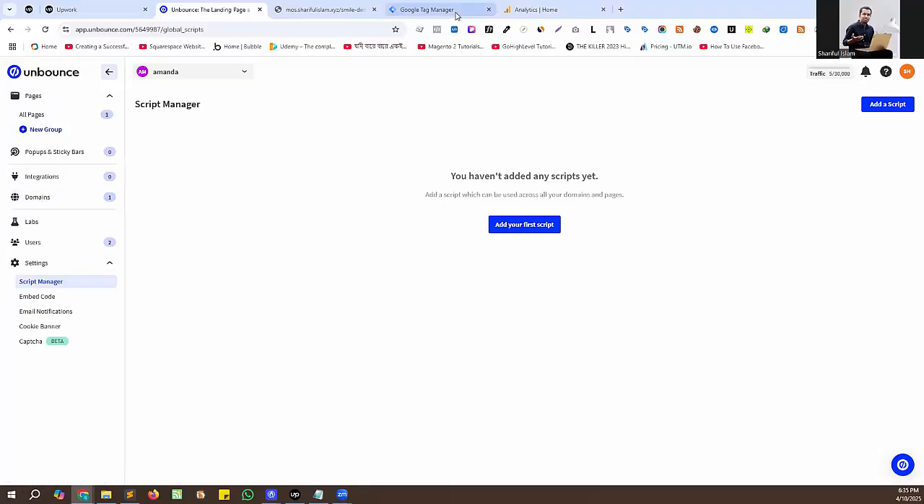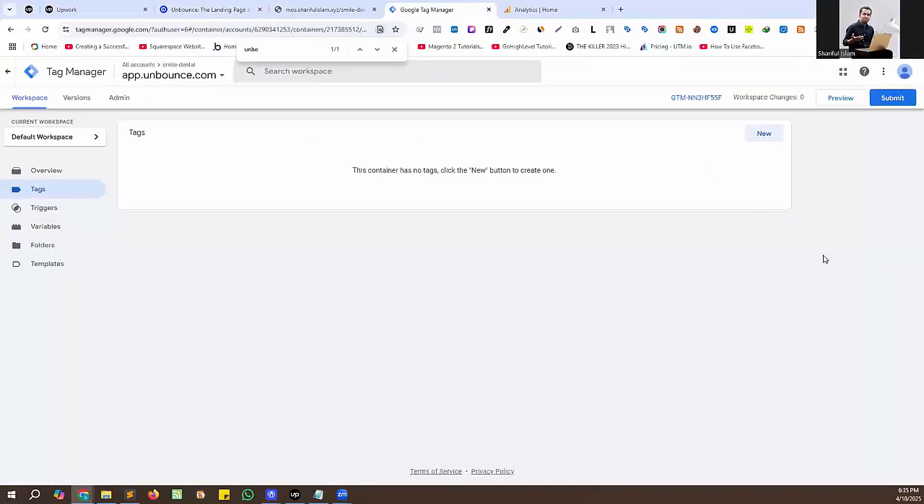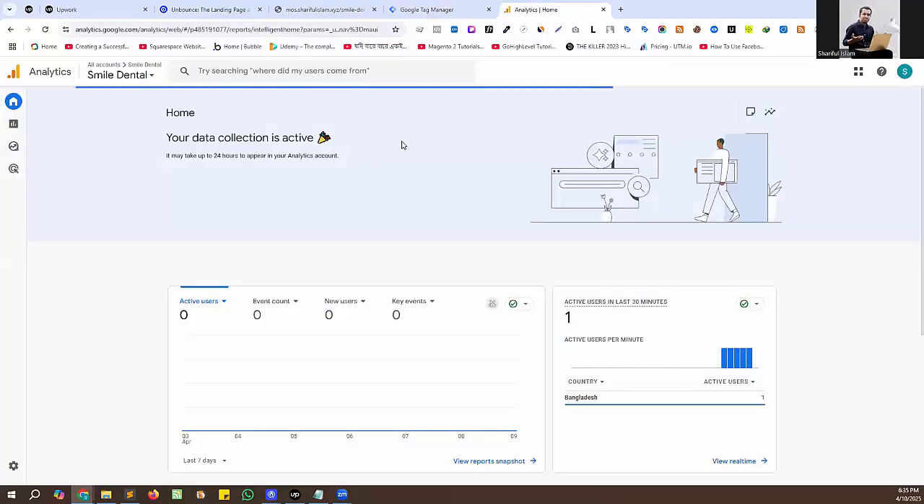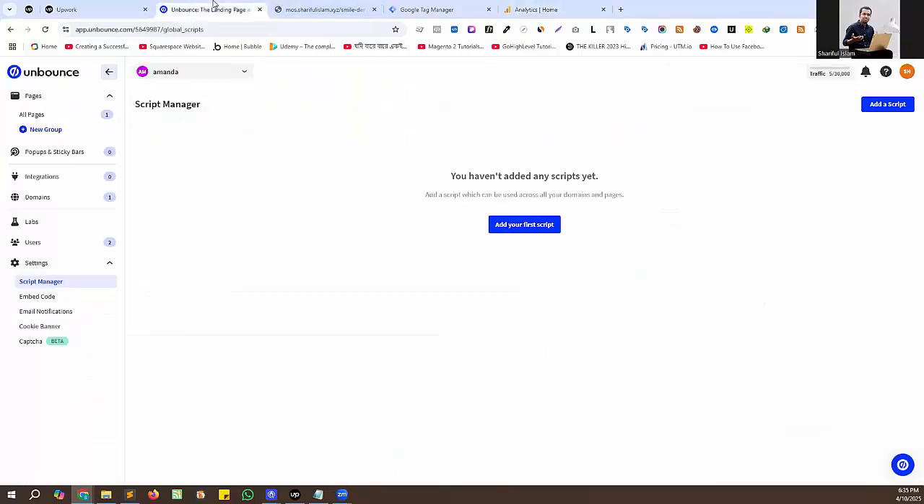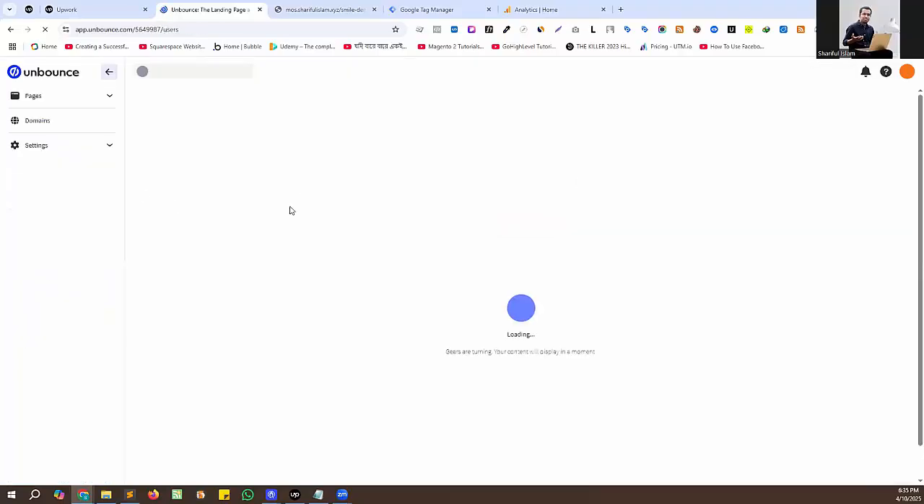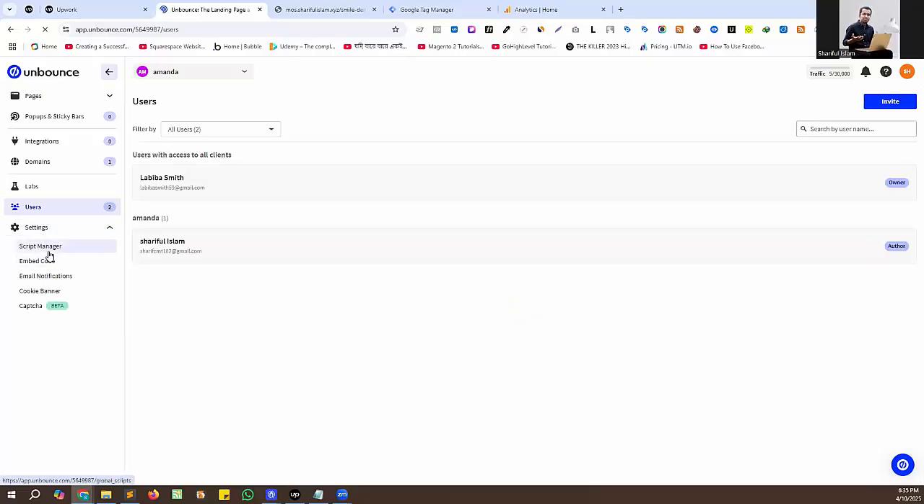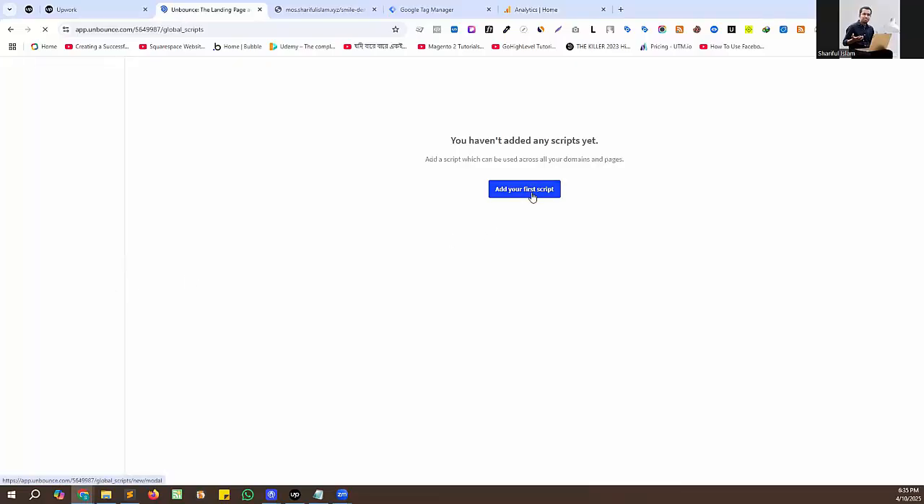For setting up Google Tag Manager, first of all you have to create Google Tag Manager and Google Analytics. Then you have to connect it with Unbounce. And Unbounce has some default option to set up Google Analytics. I'll show you. If I click the settings here, first of all you have to log in to Unbounce. Then you get an option of settings. Okay, here is the option. You have to click the settings and choose script. First option. And here is the